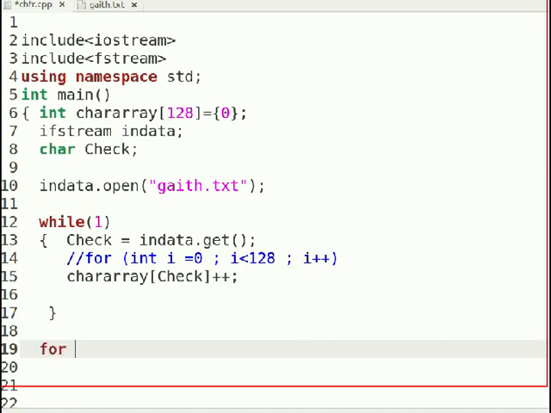So for integer i equals, let's say 65. I just want to do this thing and check it. i less than 122, i plus plus, but if we want, we can have them all. I'm only printing the capital letters and small letters. So for integer i equals 65,